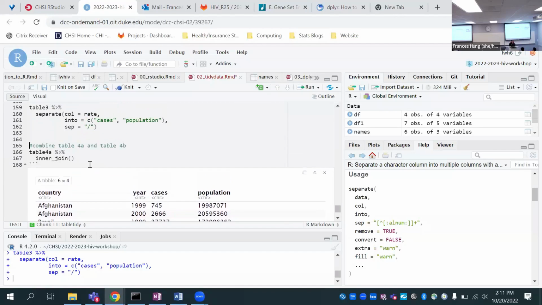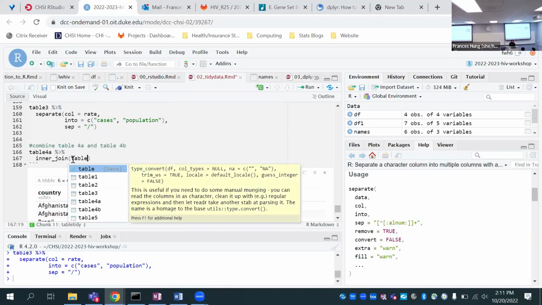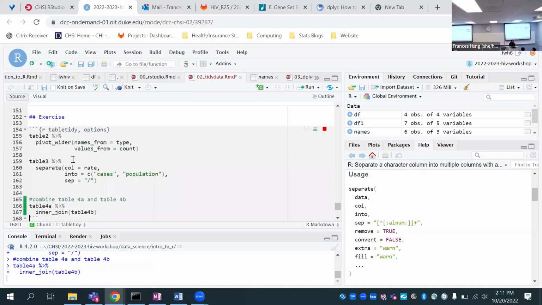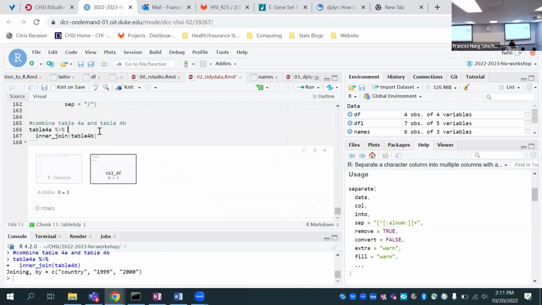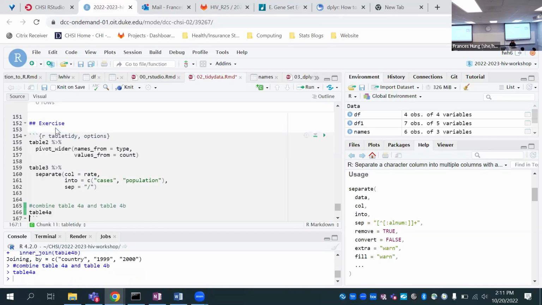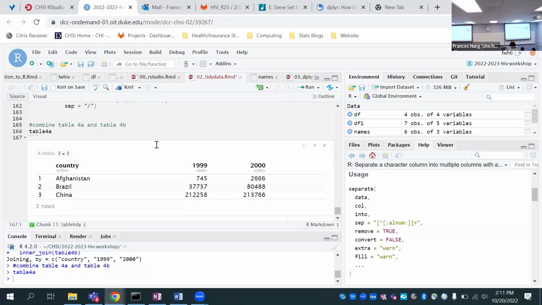Okay, we have table 4A and 4B. We want to combine them because we have cases in one and population in the other. So let's try inner joining them and seeing what happens. Interesting, it doesn't like that. We can't just inner join them, and the reason is I believe there's a 1999 and a 2000 column.